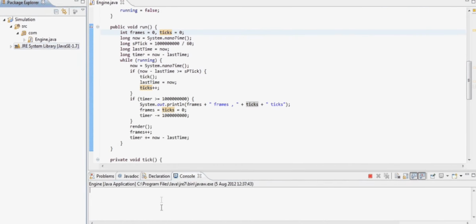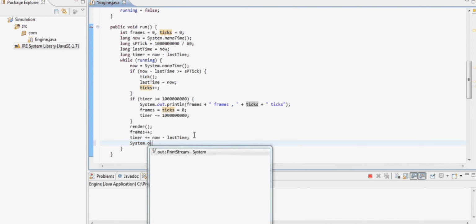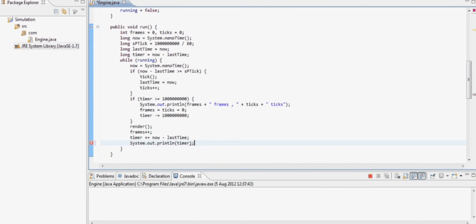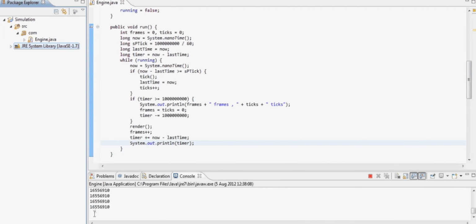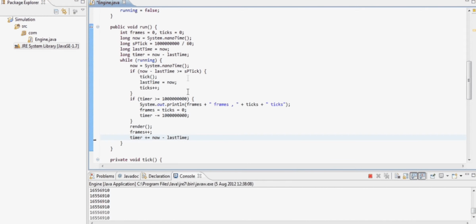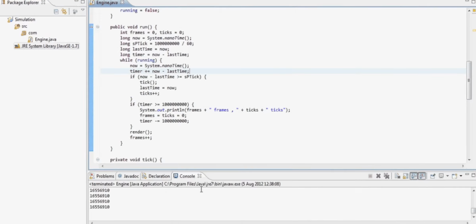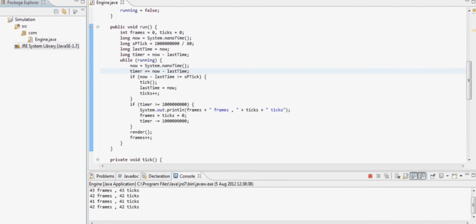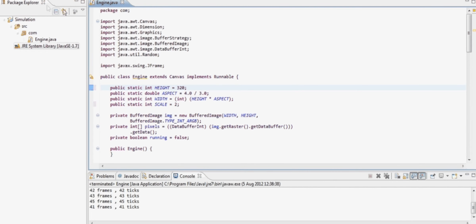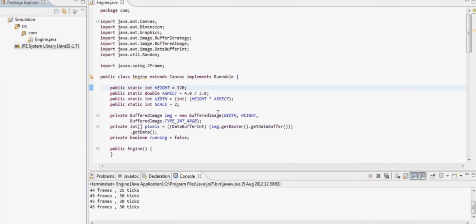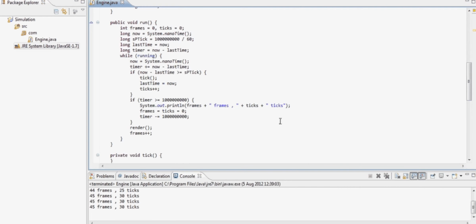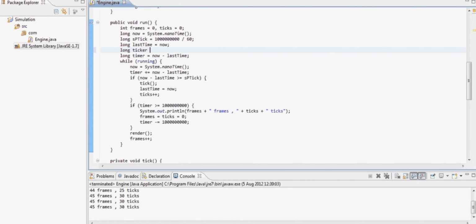I then increase the frames every time and set it just so it prints in the console how many ticks and frames it's actually doing. I then can't figure out why it's not working, so I again use my printing function to try and figure out where the function's getting to. I then decide that I don't like the way I have it set out and change it around a bit, and then I don't believe what it's telling me, so I try changing it a little bit more, and as you see the ticks go down, which shouldn't actually happen,